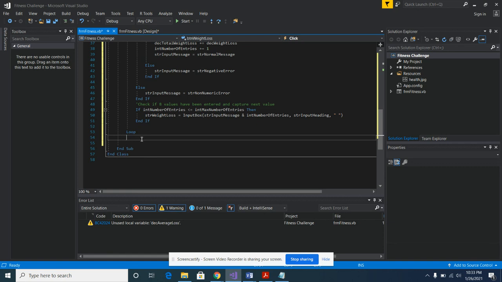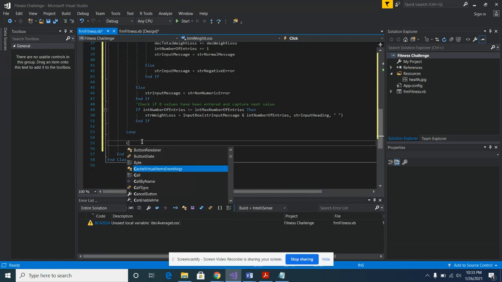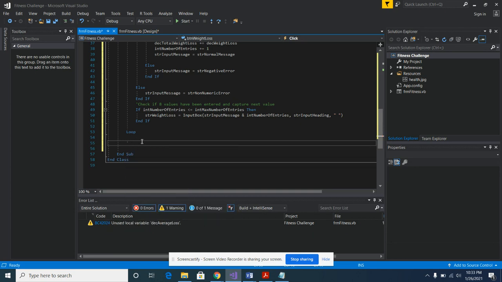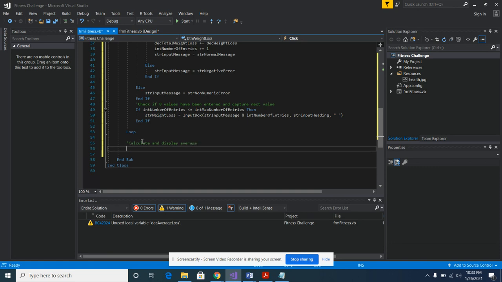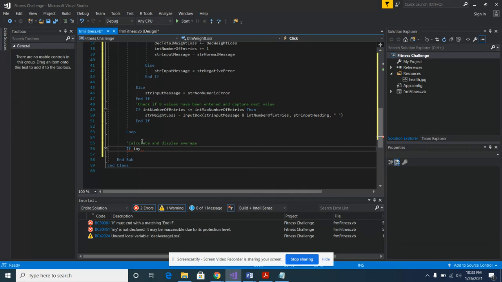So that's it for the code inside our loop. When we're done our loop, what we have to do is calculate our average. So down here, put a comment in: calculate and display average. So if our int